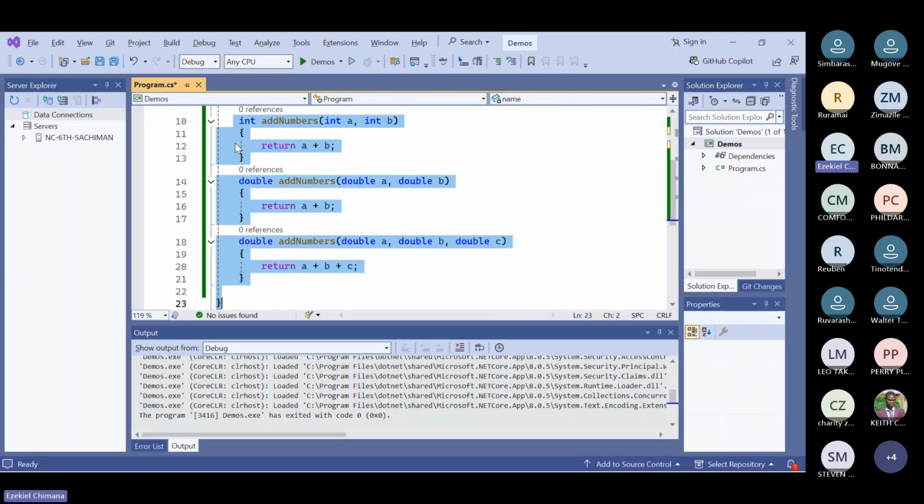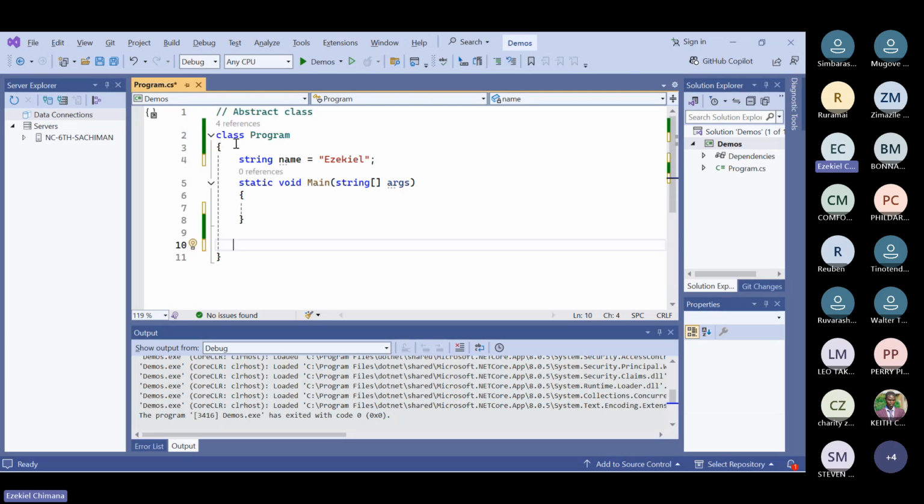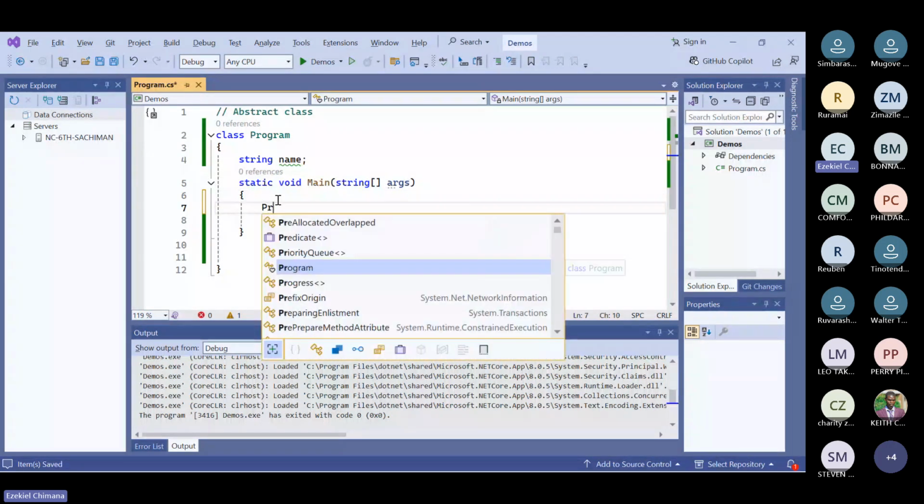Let me just remove everything. So if you look at it, I want to remove this. So I've got just a name there. What happens is, if I want to create the object of this class, let me say program